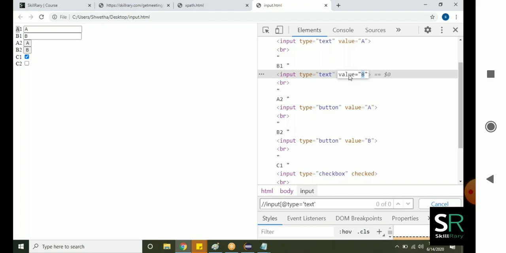When I say attribute value, what does it mean? These are the attribute values. Text is the attribute value for the type attribute, and B is the attribute value for the value attribute. And here checked is one attribute without any value. In real time, we can see like that also. Checked is one attribute without having any value, no value, null.